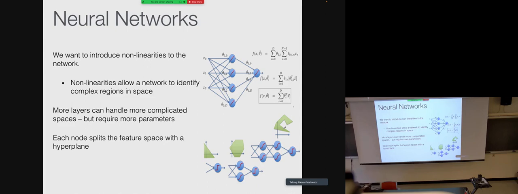In general, a neural network that has non-linearities and multiple layers works like this: each neuron essentially partitions the space. For example, this is the partitioning done by one neuron. This is the partitioning done by a full layer, or by a single layer of neurons. It's generally a convex shape, because each one is saying you have to be on this side, this one is saying you have to be on this side, and so on. So you end up with a convex sort of shape.